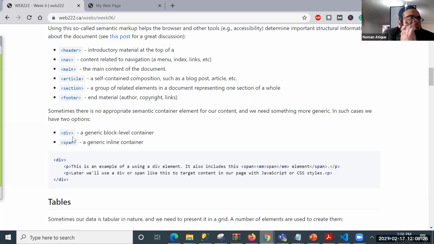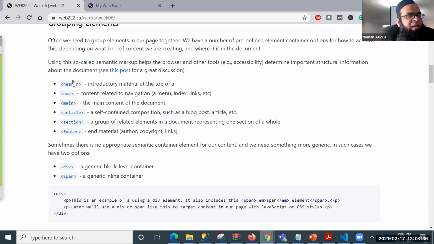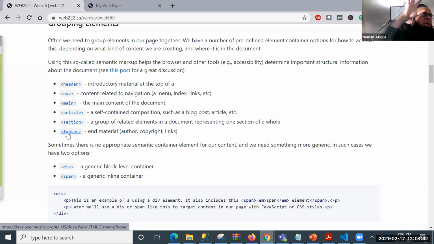Someone asked this question in the very beginning: semantic container, how can I know the semantic meaning? So you see here, when I place a div or a span, I don't know what I am placing inside them. But let's talk about it. As a quick reference, if I say footer, does that turn on a bulb in your mind that footer means we are talking about something at the very bottom of the page? Is that right, everyone? Do you understand that? So that is the semantic understanding of the tag. Looking at the tag, you know what we are doing.